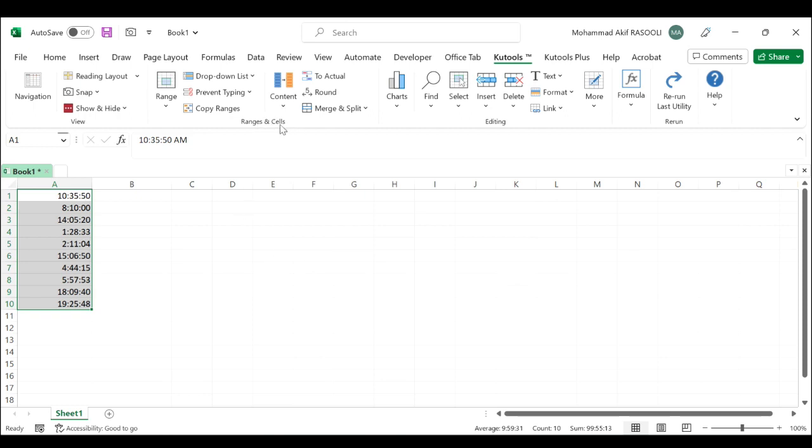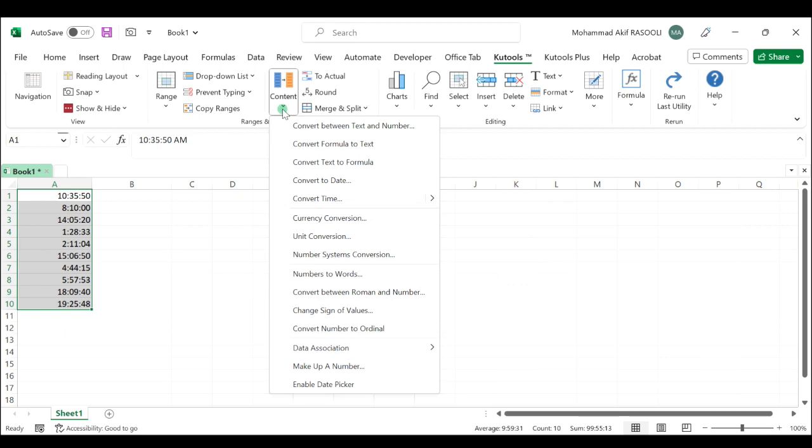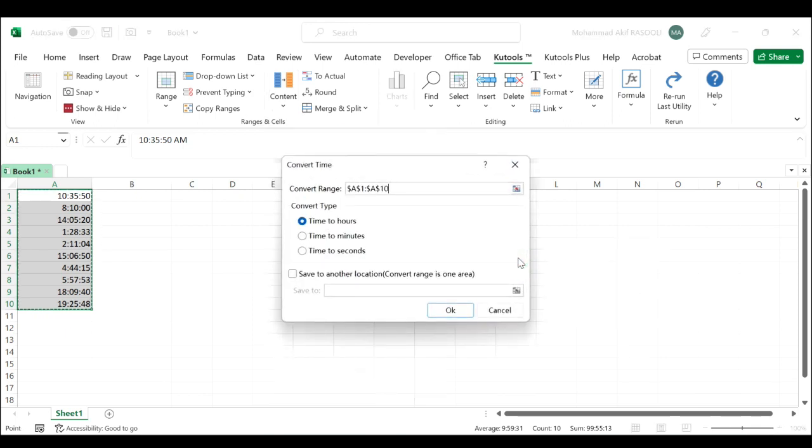in the range and cells group, click the content drop-down list. And this time in the convert time, select the convert time option. In the convert time dialog, check the convert type you need. I will select time to hours and check the save to another location checkbox